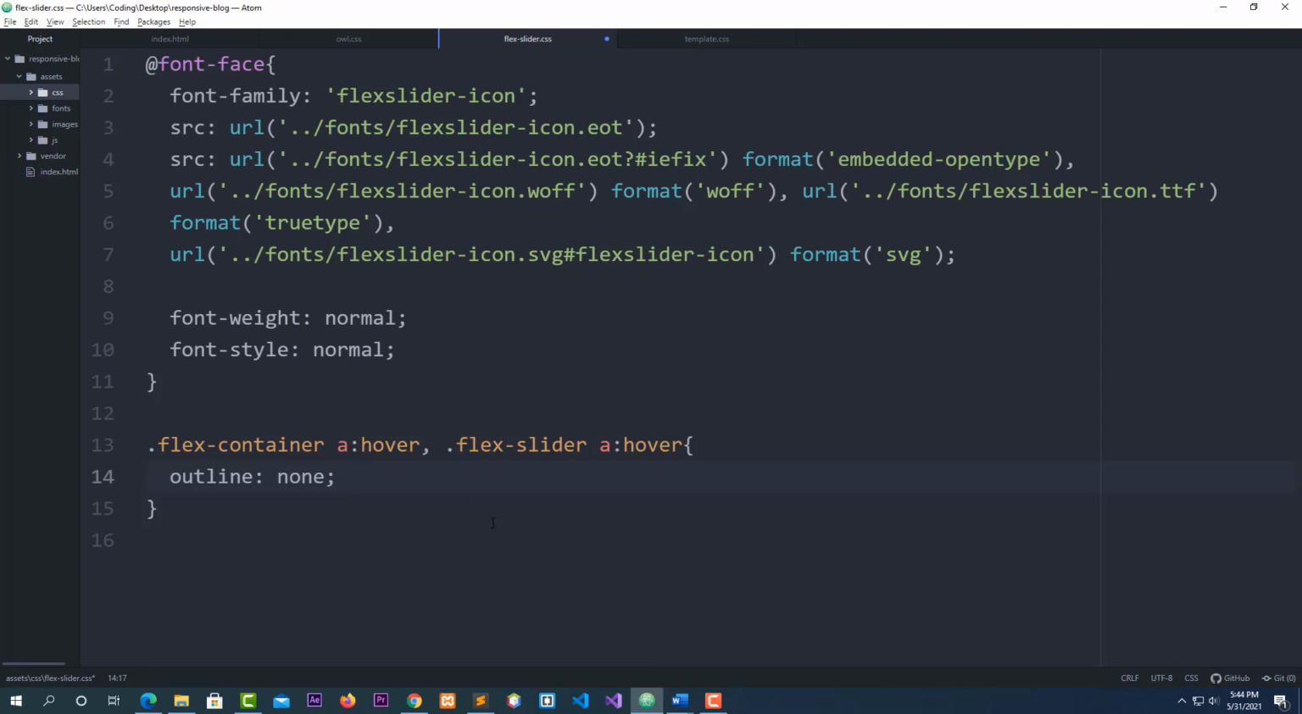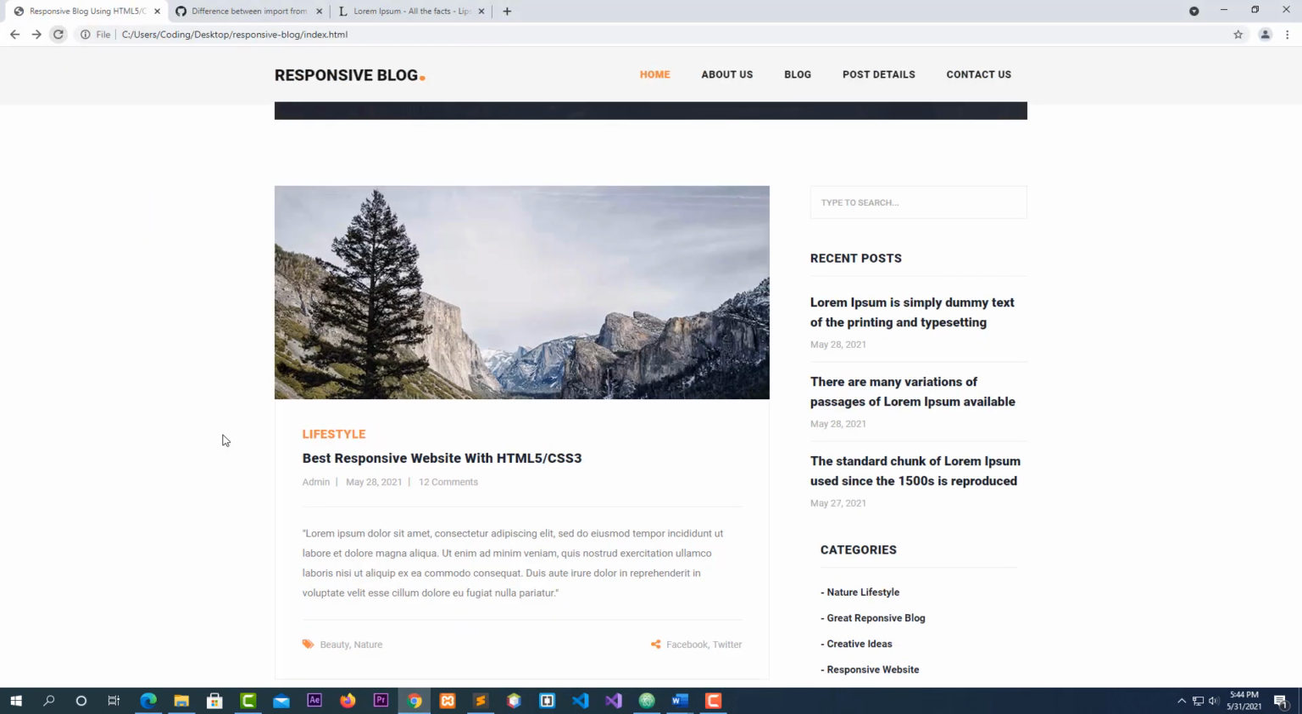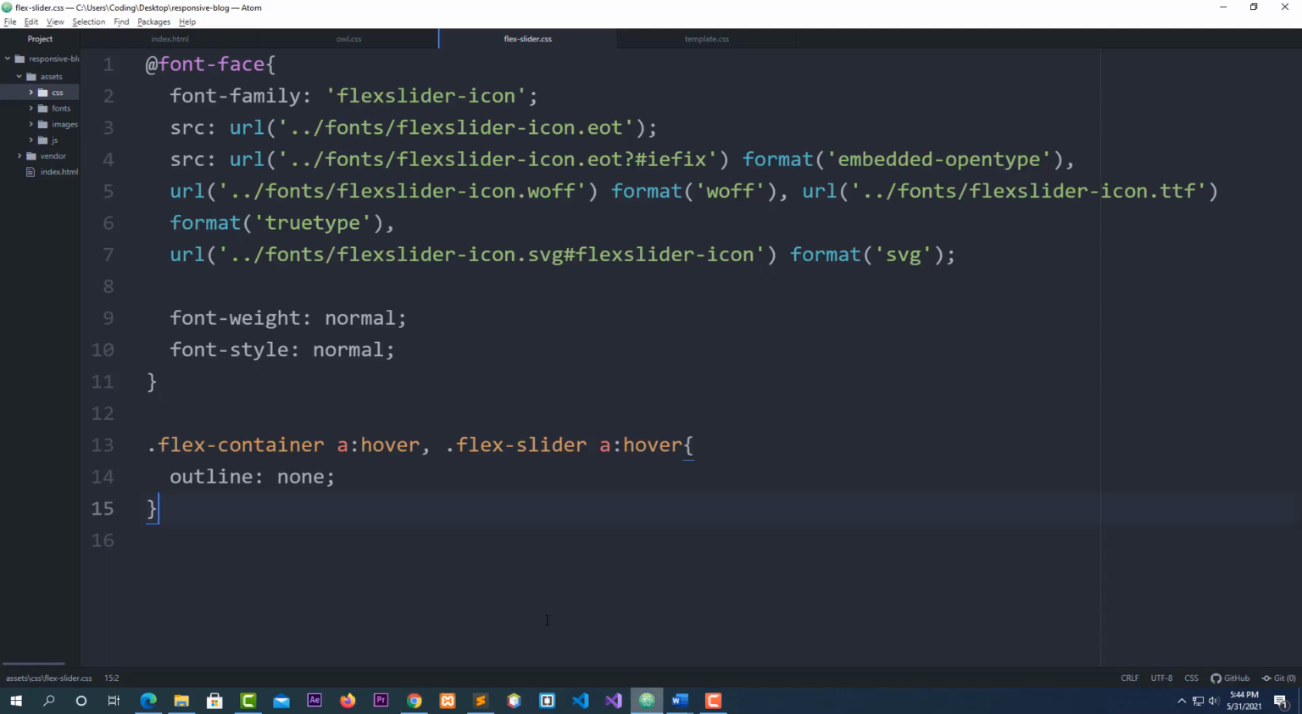Okay, all right, now save everything and go back, refresh the page. I'm trying to fix everything to see. Okay, next line of code, guys,